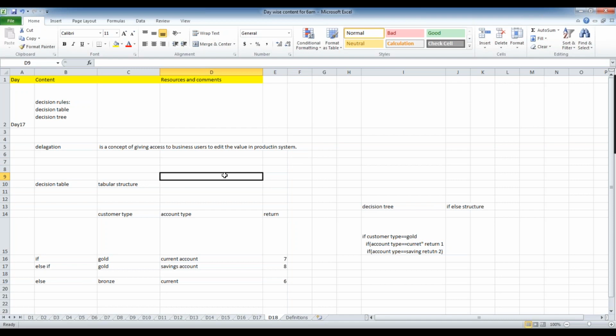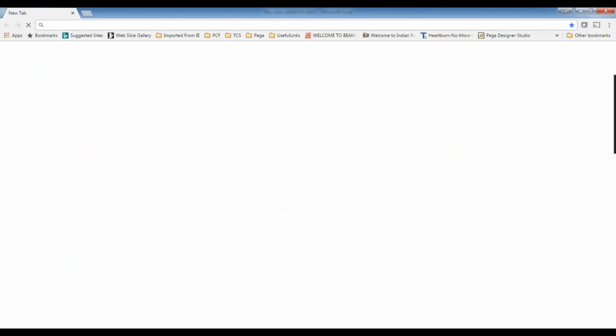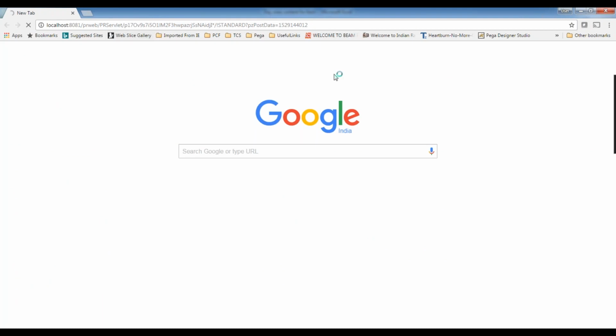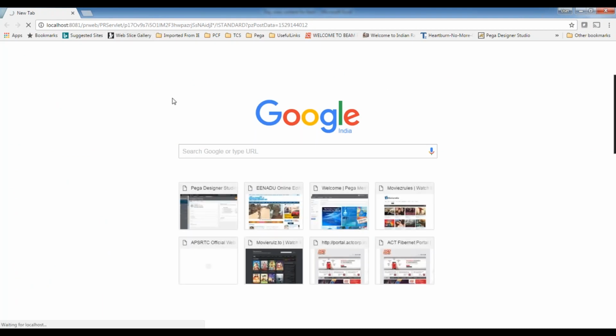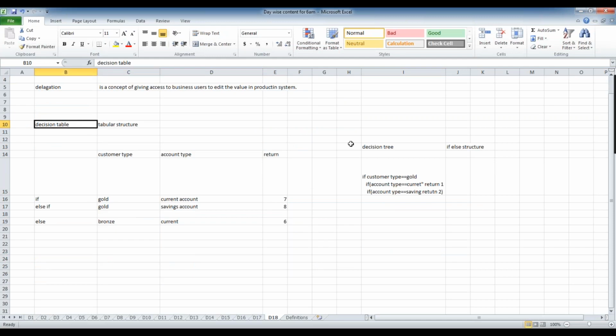Subhash, I have a query here. Yep, go ahead. Which is the most useful decision table in our Pega projects? And what does the merge decision table mean? Which is the most useful one as compared to both the decision tree and the table? No, both are useful. That's what I am saying. Based on the complexity of the decisioning, we should use it. I'm not saying this is good and this is bad. Both are equivalently important.